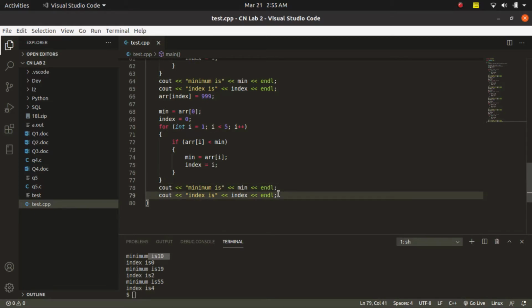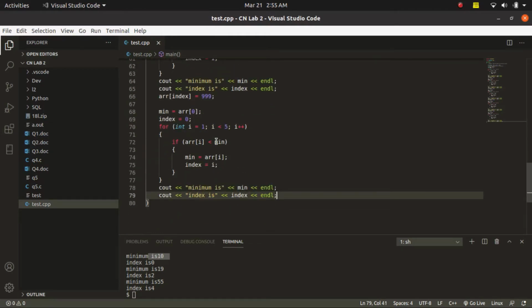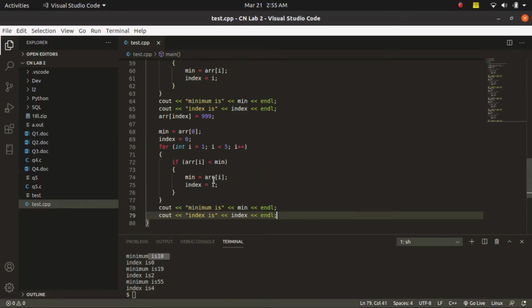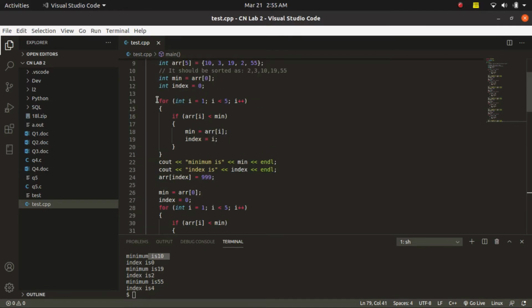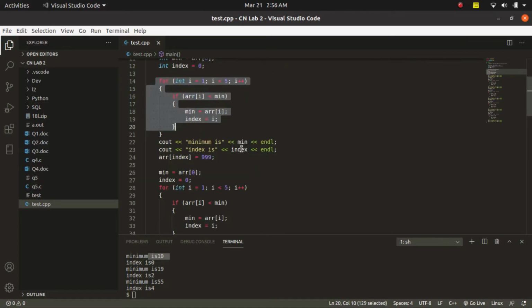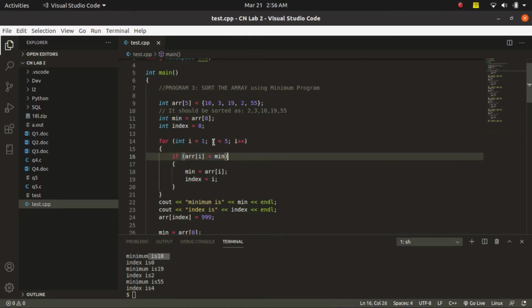So now we are going to generalize all this long code. Instead of having a for loop again and again, we are just going to make one outer loop and one inner loop. The outer loop will tell how many times it has to execute. We can see here that we have executed it 4 times, although we could do it just 4 times,